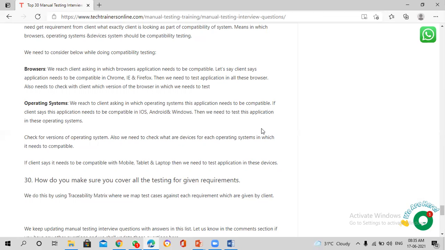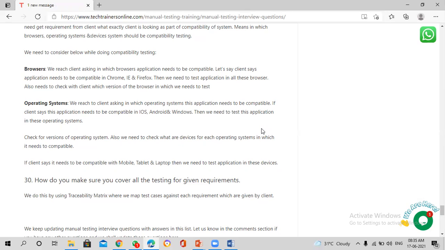You have Windows 96, 97, 98, 2000. These are the very old versions, right? 2008, 2010 is the latest version now. So check which versions the client wants their application to be compatible with.